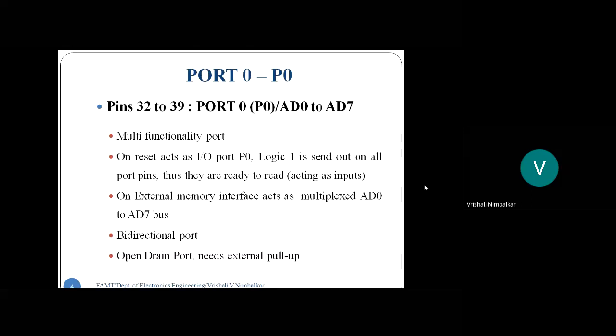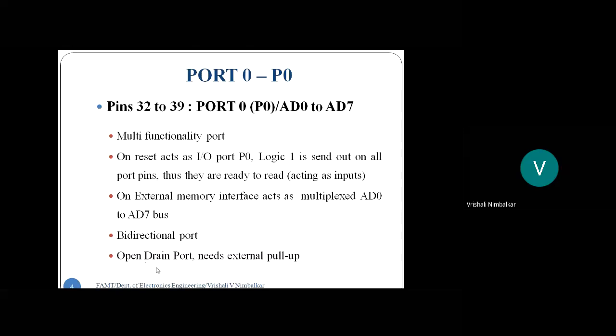So it is quasi bidirectional. Whenever the port is an IO port, we need to do initialization, and only then do the pins start behaving as inputs. Address bus behaves as output, unidirectional. Data bus behaves as input and output, truly bidirectional. Okay, students? So these are the features of that port.